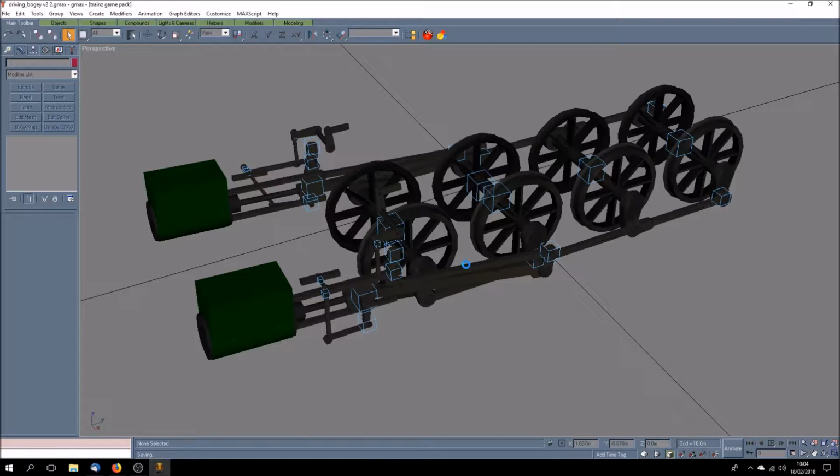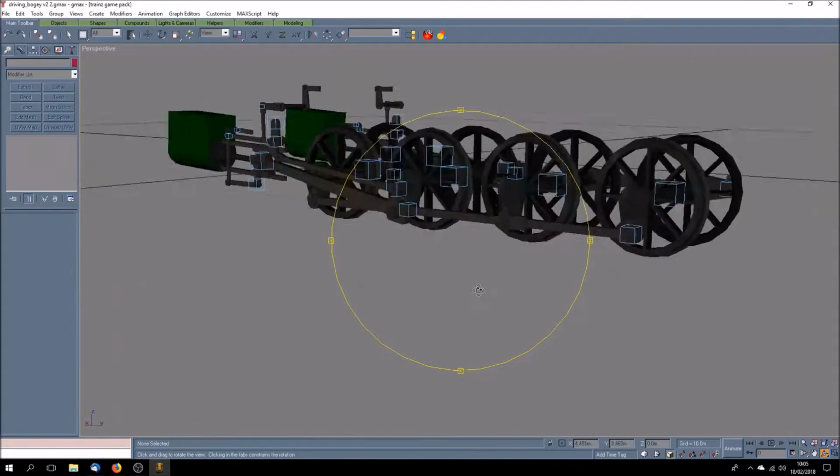And when we come to export that into Trainz, we will export it as a mesh, and we will also export the little file that creates the animation. But more of that much later on. This is just to give you a taste of how far you can go with Gmax and produce a very